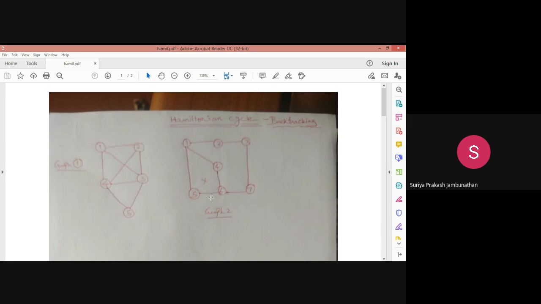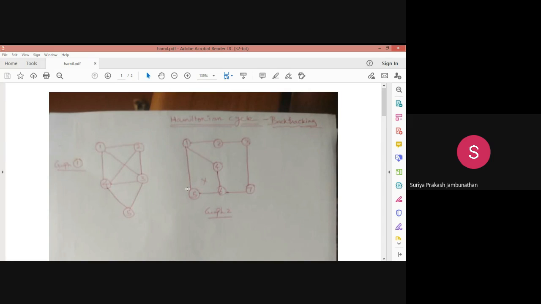Okay. So here we are having graphs. So graph one, what is graph one actually? Graph one has 5 vertices, and there is connectivity between the vertices. So vertices 1 to 2, 2 to 3, 3 to 4, 4 to 5 we are having. The same way 1 to 4 also there is a connectivity, and 5 to 3 also, and there is a connectivity between 1 to 3 and 2 to 4.